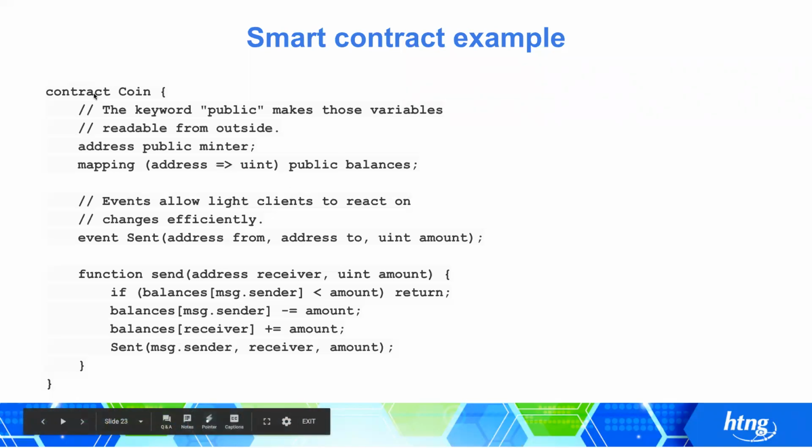On the start line, we can see a typical keyword, contract Coin, and some fields like a public minter variable and a mapping of balances, and a function with simple logic where we can send some money from sender to receiver for a given amount, and some typical